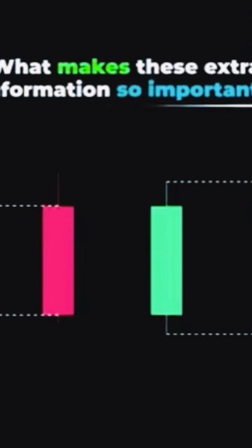If you were to use only the line chart, the closing price would be the only information you'd get. To see this more clearly, here's a comparison between a line chart and a candlestick chart forming. As you can see, the line chart only displays the closing price for each period, while the candlestick chart shows more information about price movements during the same period. So, what makes this extra information so important? As traders, these